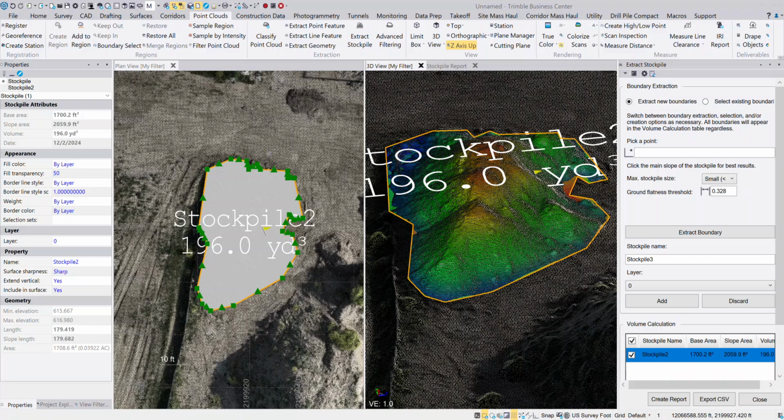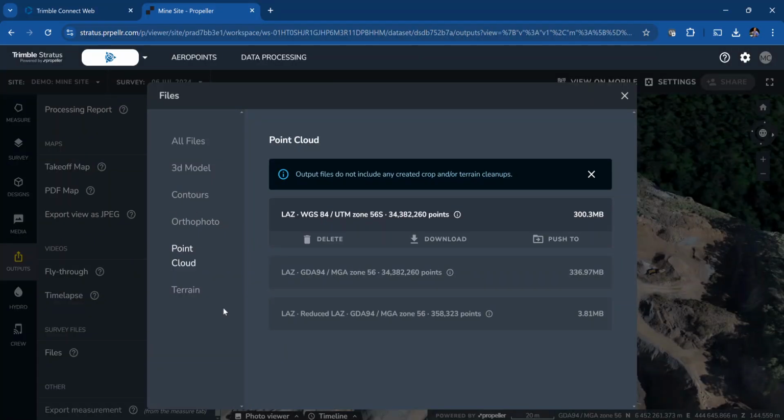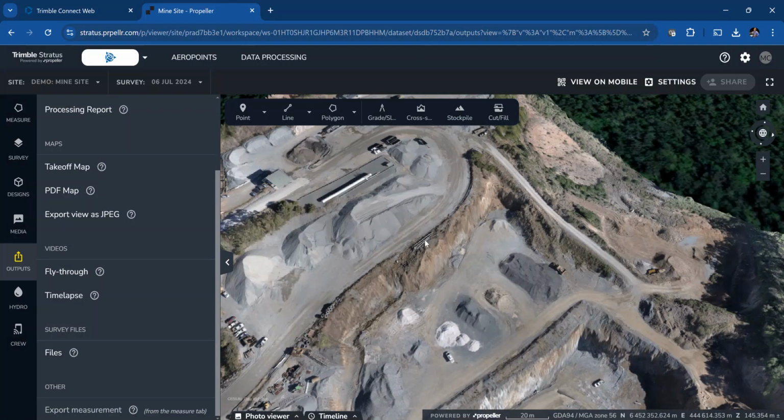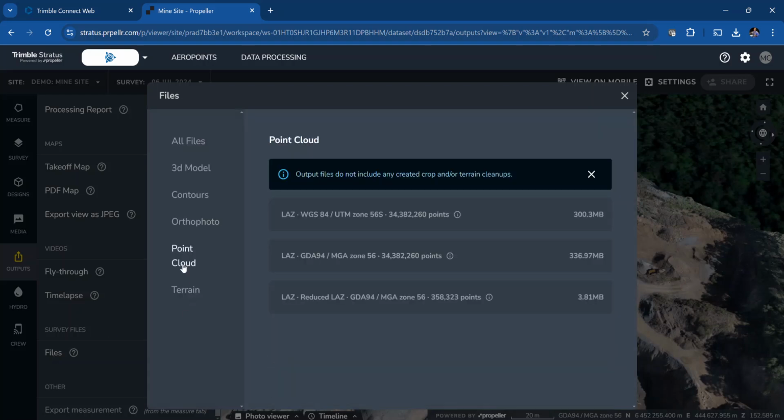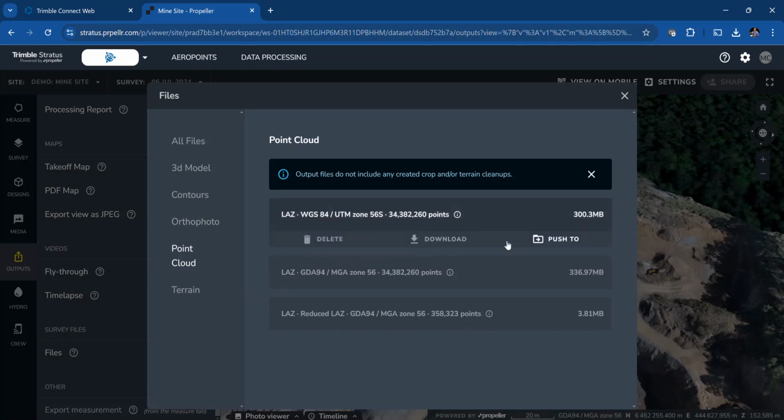So we're going to start in Stratus. In Stratus, we have a project here, and you can see I've got a project with some stockpiles, and this could be any project. We're going to go into our survey files or our files, and we're going to click on Point Cloud. From here, we can select the different LAZ file, whether it's this one here with the WGS84, this one here with the MGA zone 56, or a reduced LAZ. I'm actually going to take this one here, and I'm going to click on it, and I'm going to click